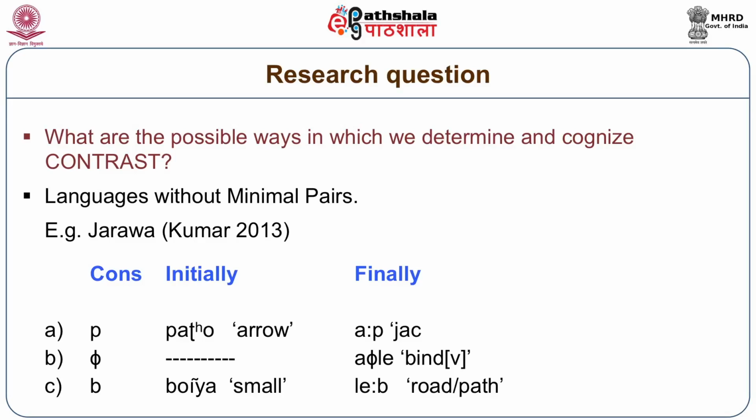And similarly, for the voiceless bilabial fricative, we have it occurring in the word medial position in some forms, verbs. Now, but it's very difficult to establish on the basis of the standard method of contrastive distribution and minimal pairs that these are phonemes, and yet the speakers of the language recognize them as independent phonemes. The question, therefore, before us is what exactly is the nature of contrast that is at the basis of cognition in human languages?